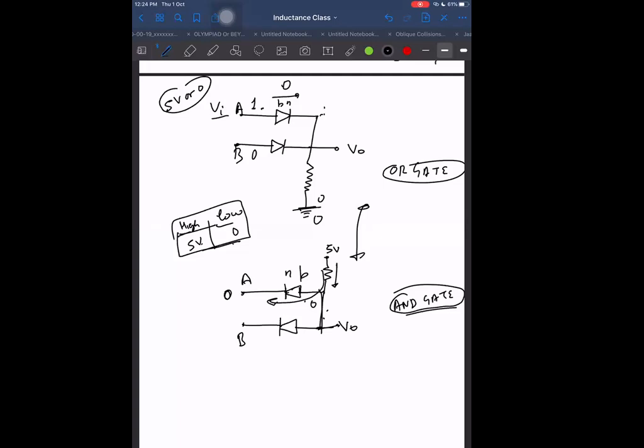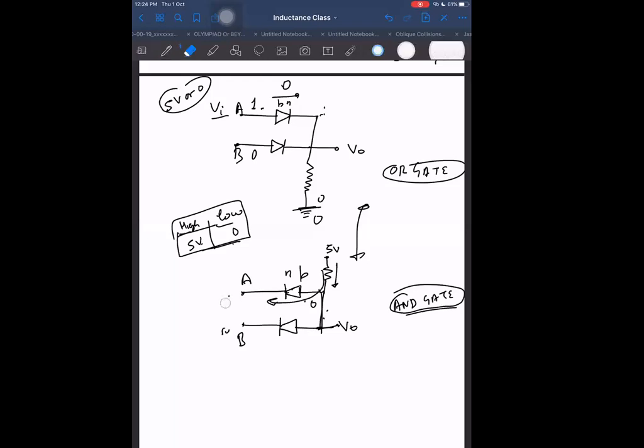Any doubt in this? Between A and B voltage, sir, output means. Not between A and B. What are you talking about, A and B? Only to A, only to B separately. These two are separate. Only to A I am giving 5, only to B I am giving 5. Not between A and B I am giving 5.